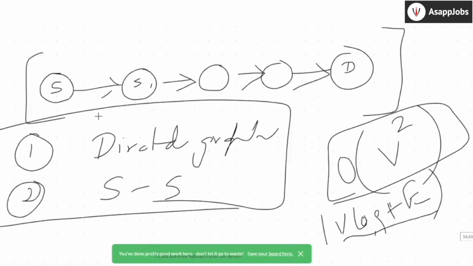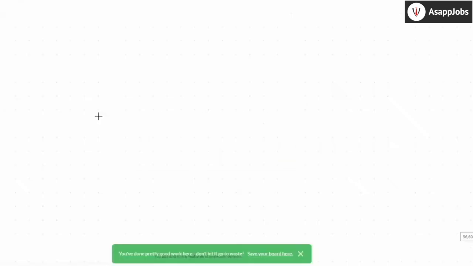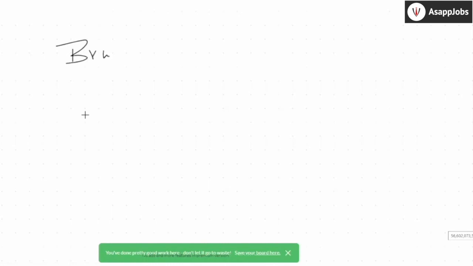We'll go about this problem. If there is a directed graph and it has a single source, single destination kind of structure, how do you find the path? Do you really need to spend so much time, which is order of V square, or can you do it better? For all the interview questions, I will tell you what they expect. First thing they will expect is brute force. If you don't know the solution, simply come with brute force. You don't need to worry about optimization. Then, using the idea from the brute force, you come up with the optimization.